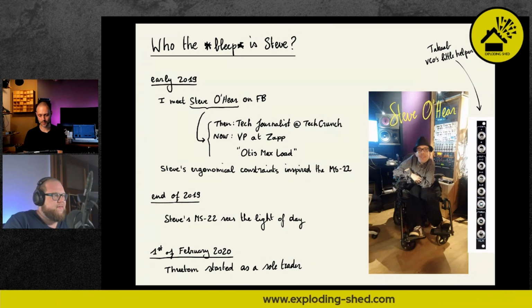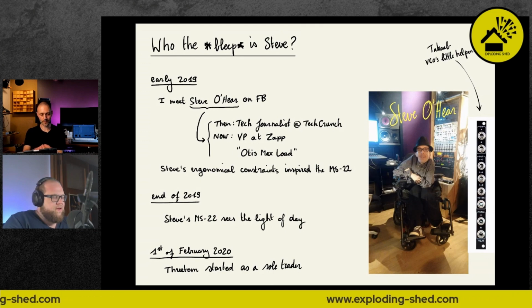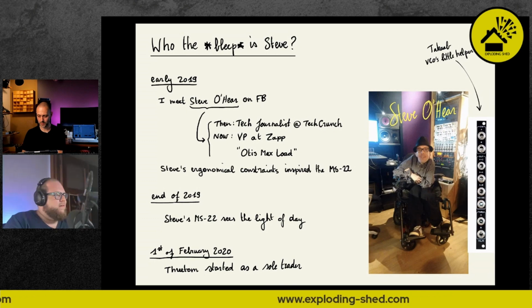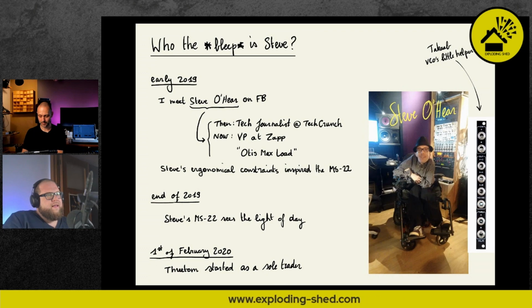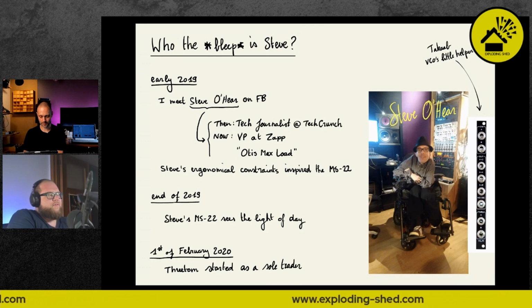And as we talked, Steve told me that he has some more ergonomical constraints than the average person. And so as a result of that, he only could have a very small rack, so 84 HP, let's say. And of course, he wanted to cram as much in there as possible. So he told me in an ideal world, I would have this filter, but half the size, so 4 HP. And that kind of triggered me thinking like, that sounds like a challenge. So that sounds like fun. Perhaps I could do that